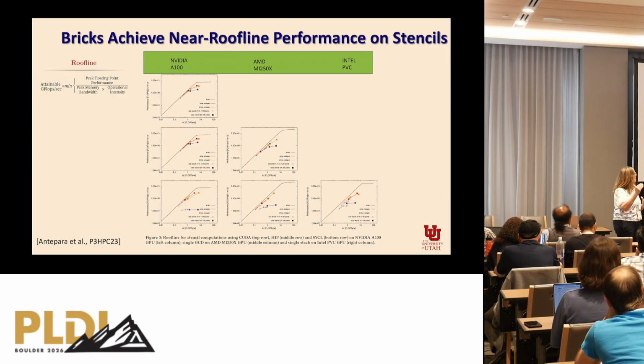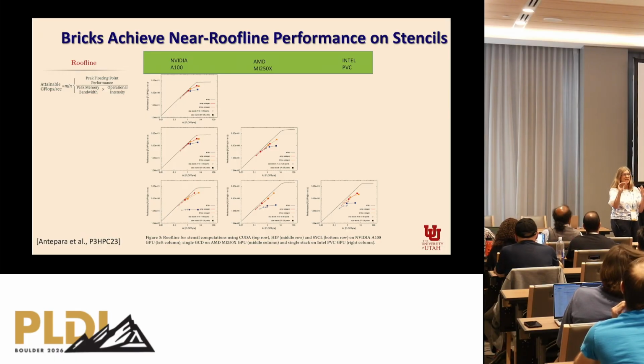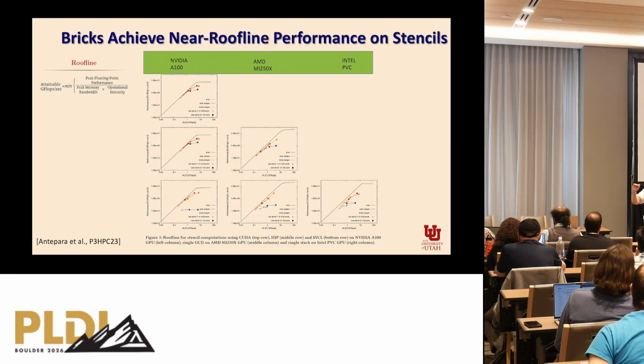And where you are on, so the diagonal line is the memory bandwidth, and then you reach a certain point where you saturate, you have enough arithmetic intensity to keep the processors, the compute processors busy, and then you flatten out in this horizontal line. And so